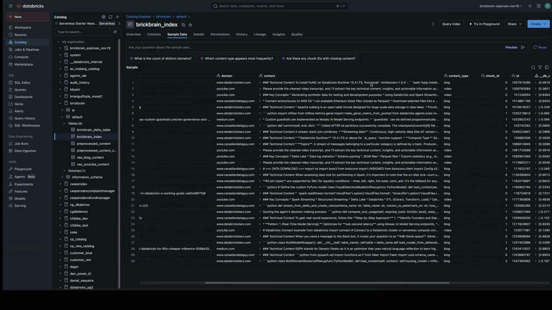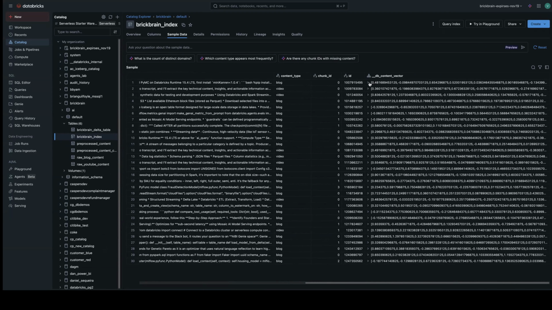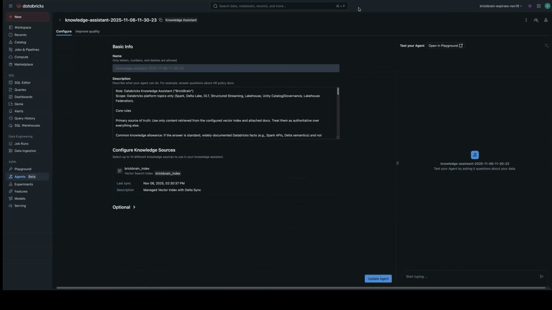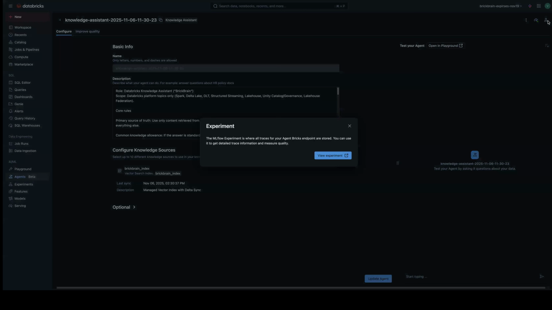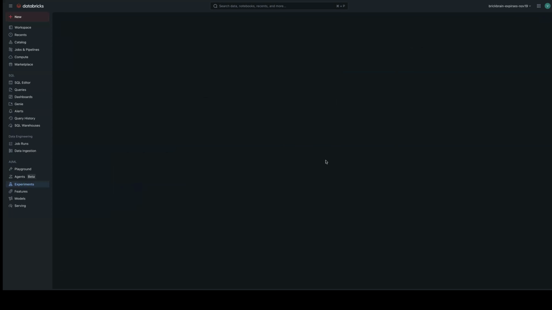We have content, but what we're comparing is this vector created through our embedding models. We use this embedding to compare with our query. It's basically cosine similarity. Cool thing about agents, and the agent framework on Databricks specifically, is that we track everything